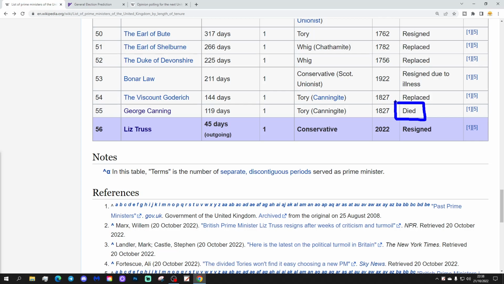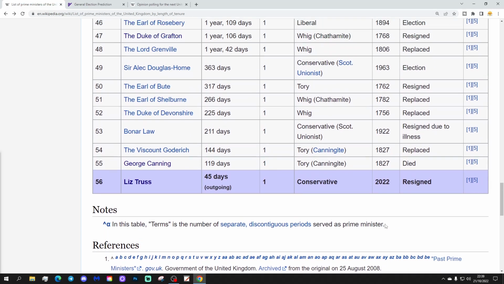has been our shortest serving Prime Minister by tenure, but Liz Truss has absolutely demolished that. She's nowhere close. She's going to be at least 2 months short of the 4 months that George Canning managed to do before he died. Others in the list of shortest reigning prime ministers, at number 54, we've got somebody called the Viscount